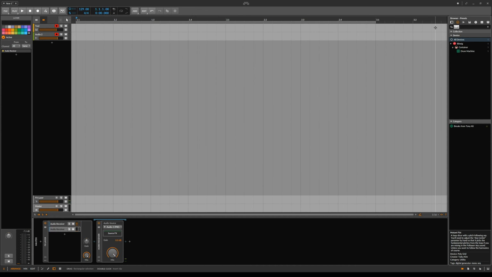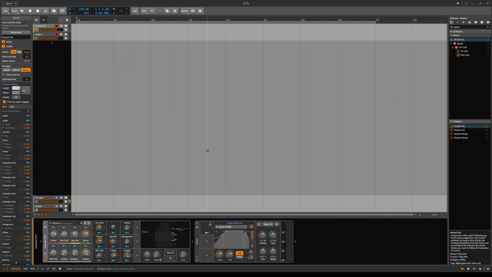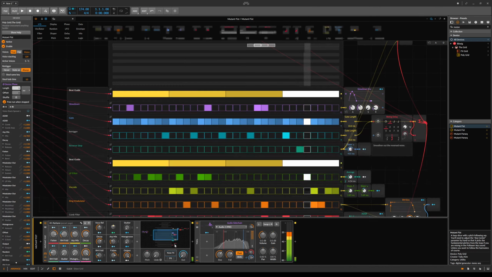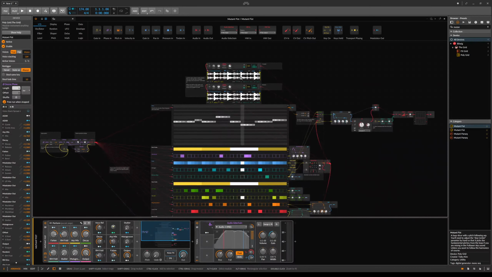So I'll just load up the effect, and what you get initially when you load it up is something like this. This is the default patch that plays when you just load it. And what I want to show you here is how to accommodate loops of different length, because